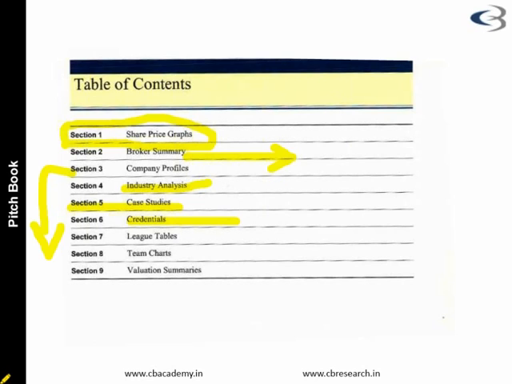So those are the credentials, showing whether this company is worth being part of the merchant banking industry or not, whether we should give an assignment to this company or not. That's part of credentials. Next portion is the league table. So the league table shows worldwide what my ranking is like. Maybe in the Indian market, at what place is Goldman Sachs, or what place Credit Suisse is at. So league tables provide the summary of that.